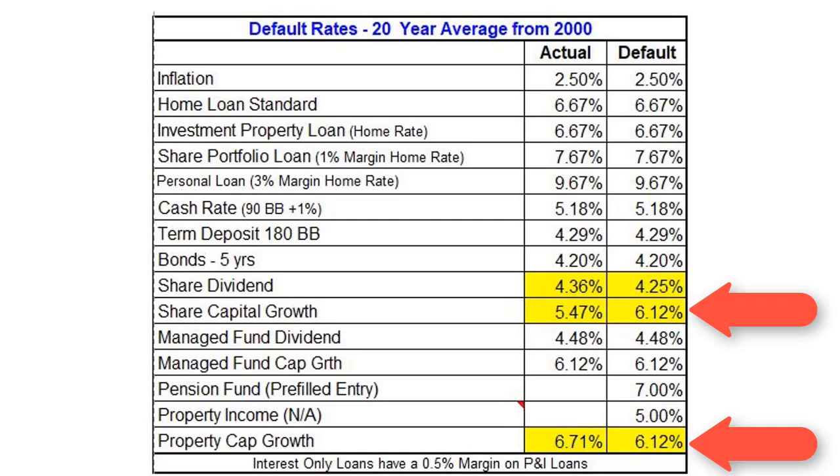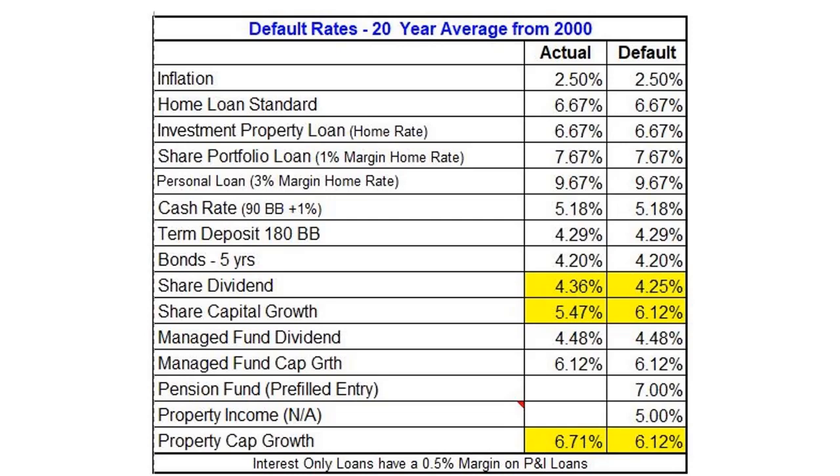When selecting the default rates for shares and real estate, it was felt that Financial Mappers must be completely neutral. If one looks at the very, very long term, there is little difference in rates of capital growth. However, the properties of each account are significantly different. It was decided to be fair that the combined average of shares and property should be used to give the same capital growth of